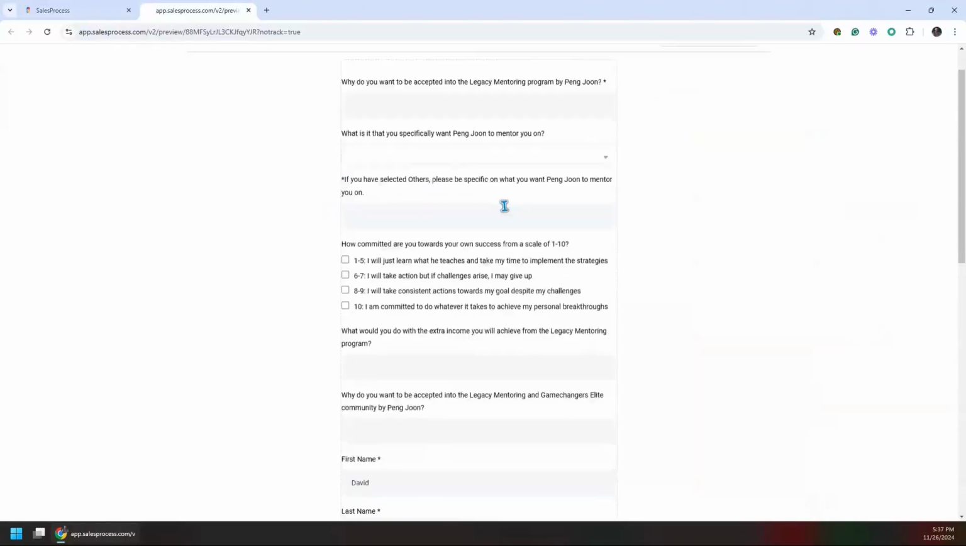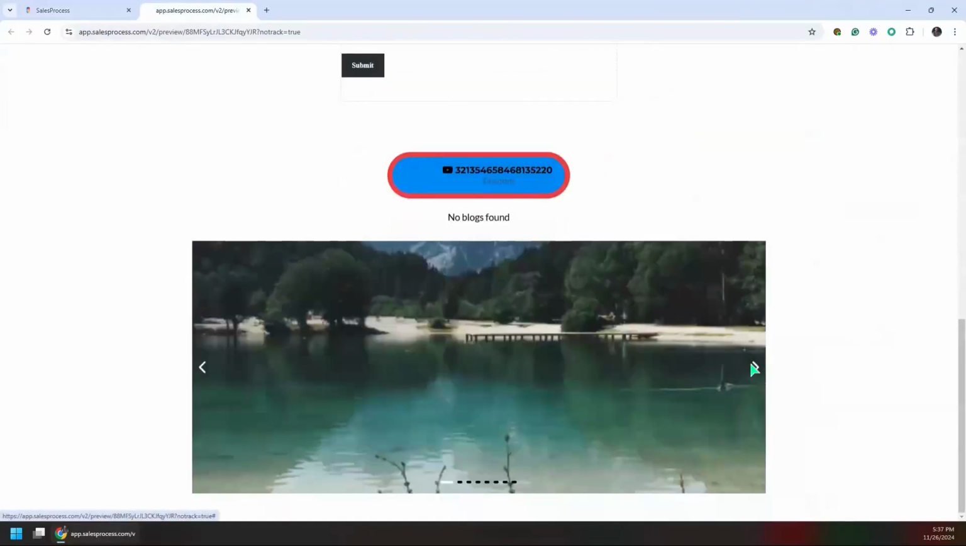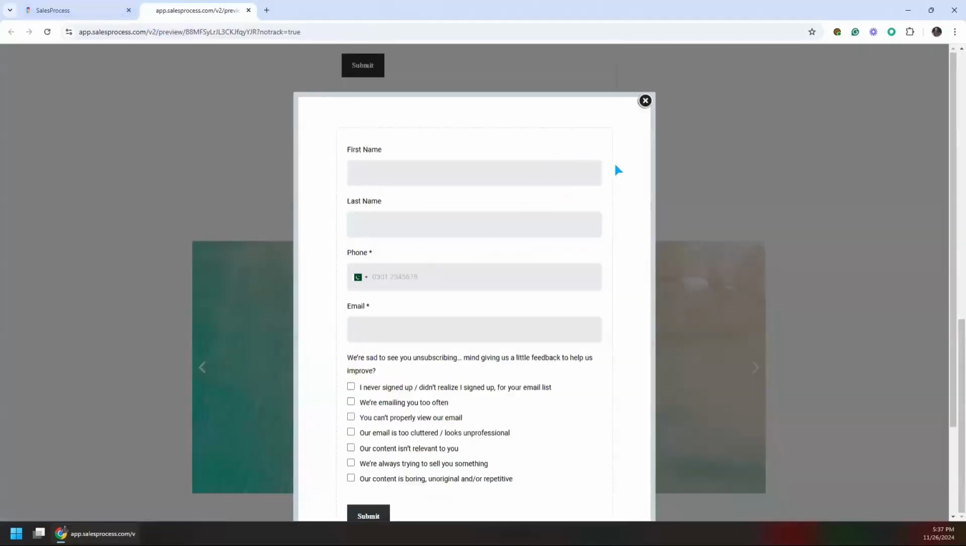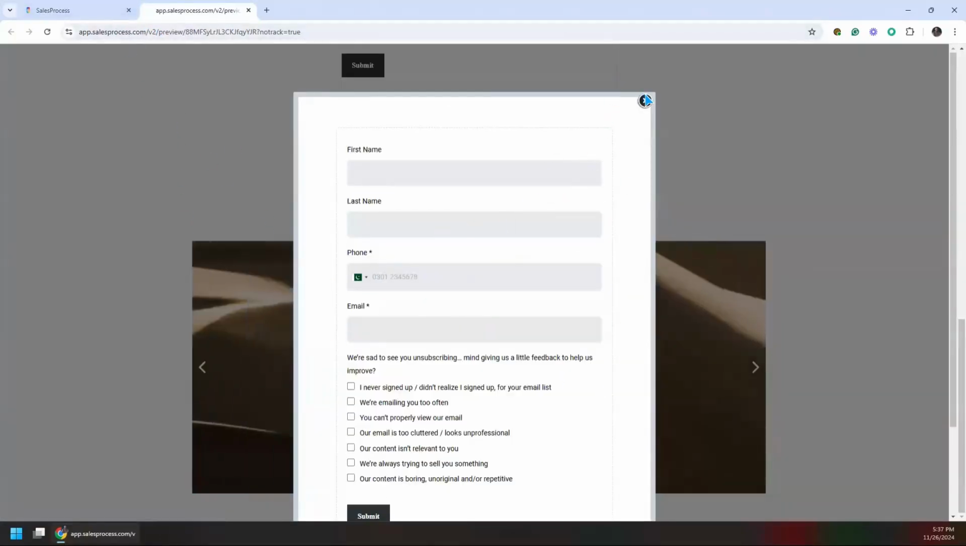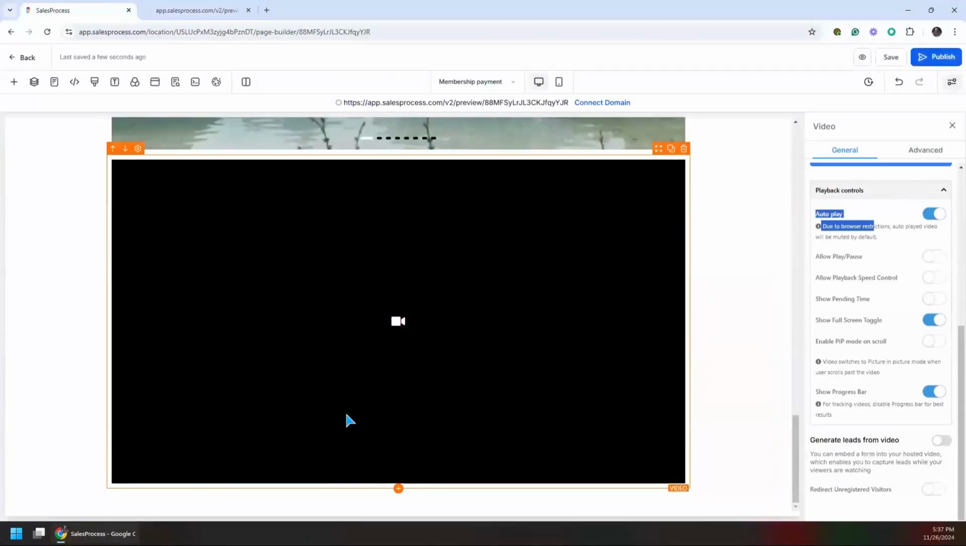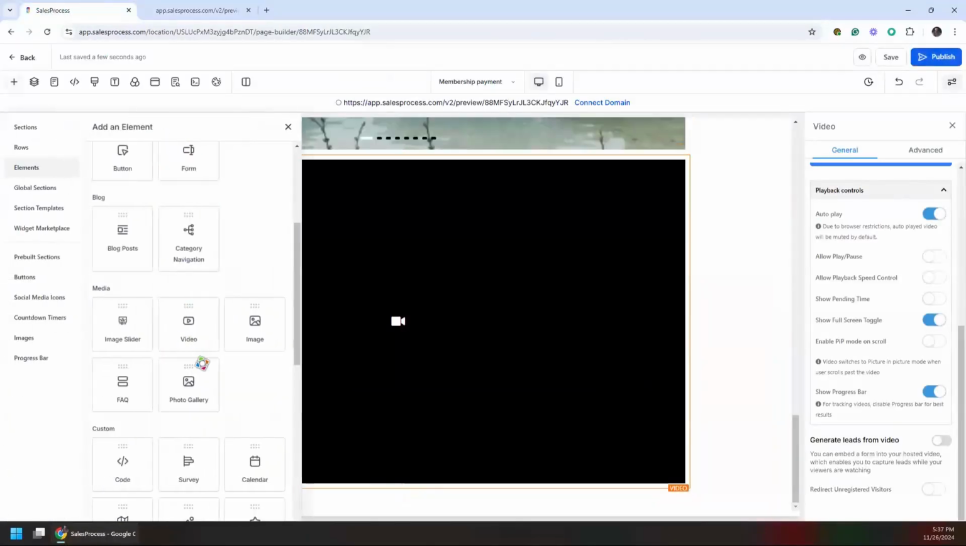Okay, so there you go. This is our image slider. It's moving automatically after every 5 seconds, based on those settings. And see, I moved the mouse away from our website, and it showed up with the form that we have already selected. Okay, the next one is